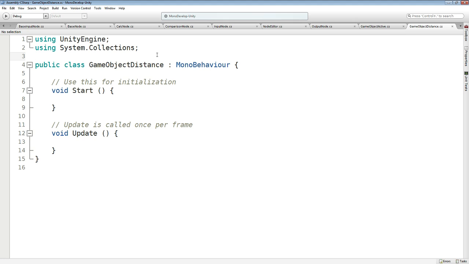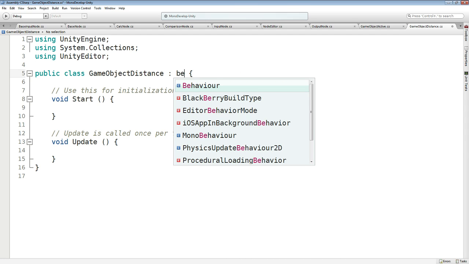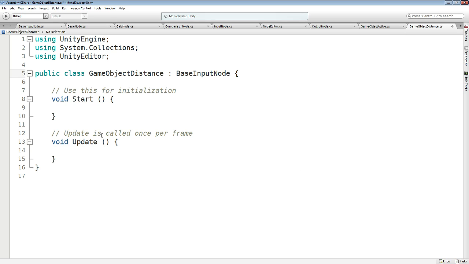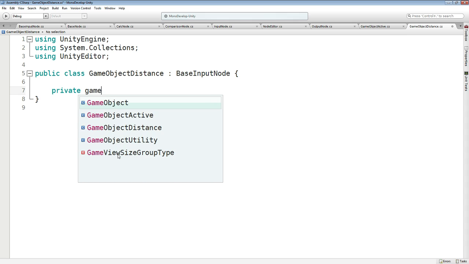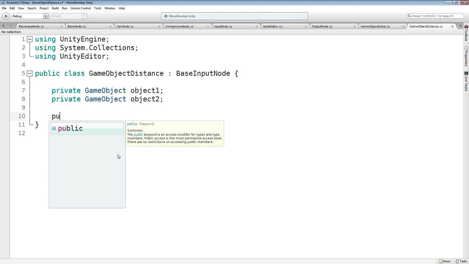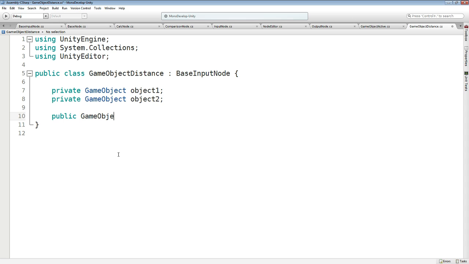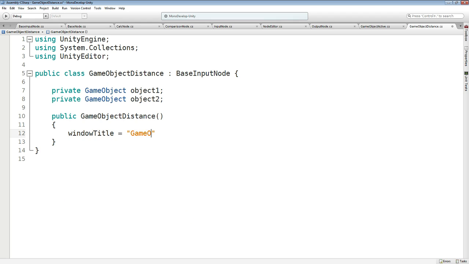So for this, we of course want the Unity editor. We want this to derive from base input node. We don't want this. We need two game objects, which we'll call object 1 and object 2. We want our constructor, game object distance, window title will be game object distance. We don't want to have inputs,